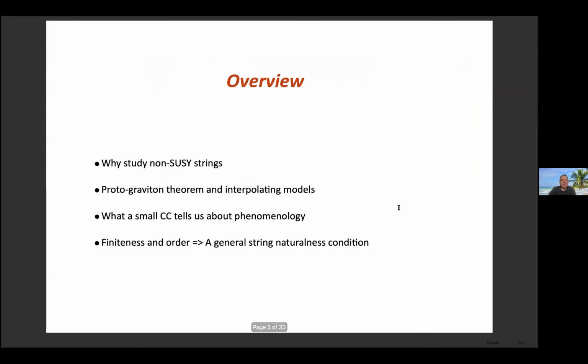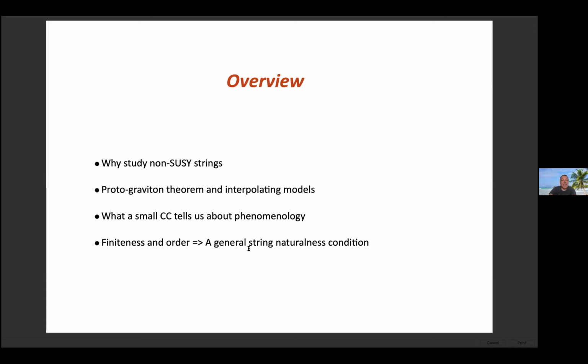So this is an overview. First of all, why do we study this at all? What's so interesting about non-supersymmetric strings, apart from the fact the world is non-supersymmetric? And then I'm going to tell you about 4 lessons, basically, that you can learn by studying them, which tell you how a UV completion will make a theory finite and what happens to it when you do things to the theory. So what you want to understand, for example, is when a theory will be natural.